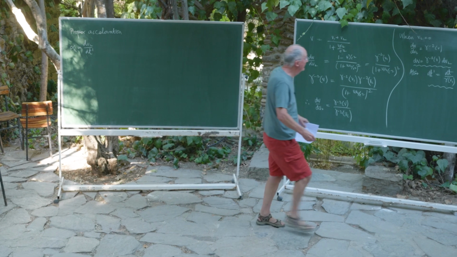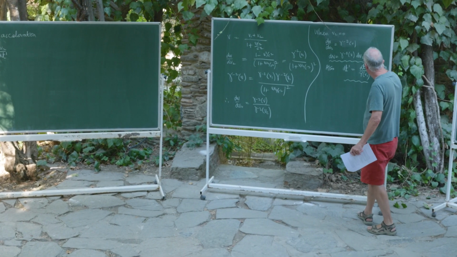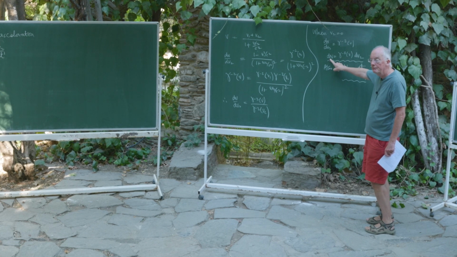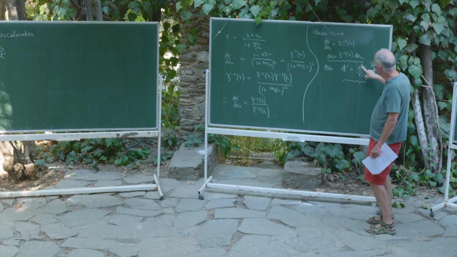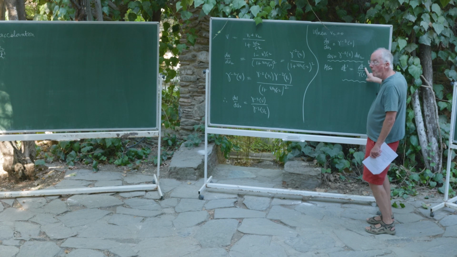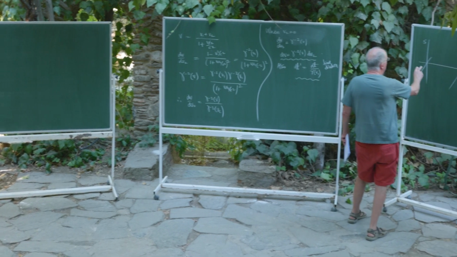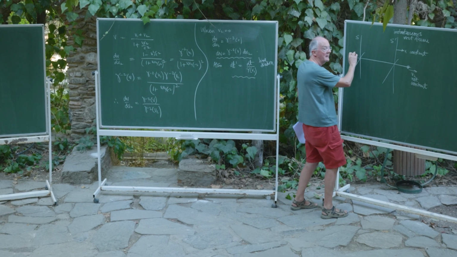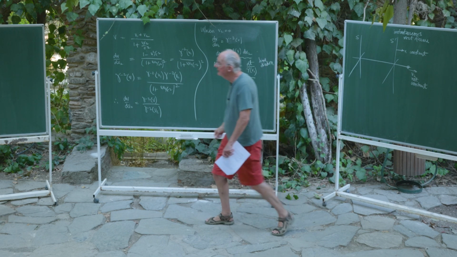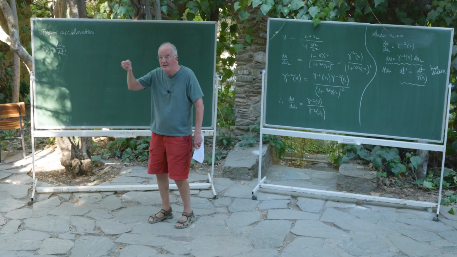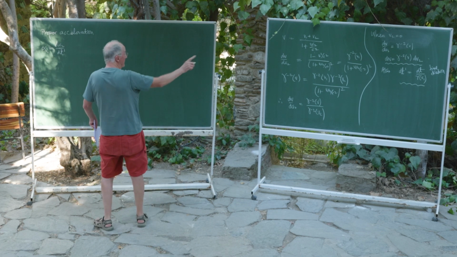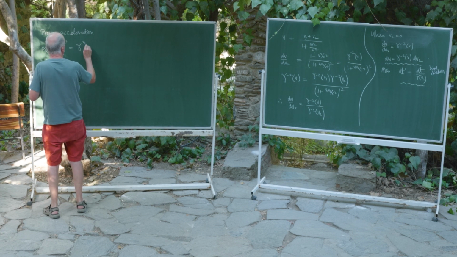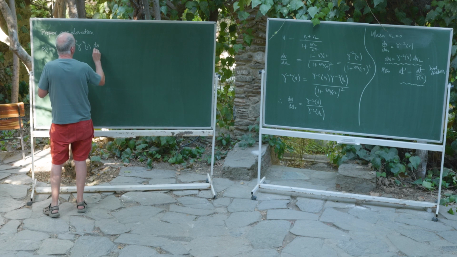But now if we look at these two expressions here, I've got dv2 in terms of dv, and I've got dt primed in terms of dt. And that's good because t is the time ticking here, and v is the velocity of the particle with respect to this frame of reference. So I can relate the proper acceleration to dv dt. And if you just look at those two expressions, you'll see that you get a gamma cubed of v dv dt.